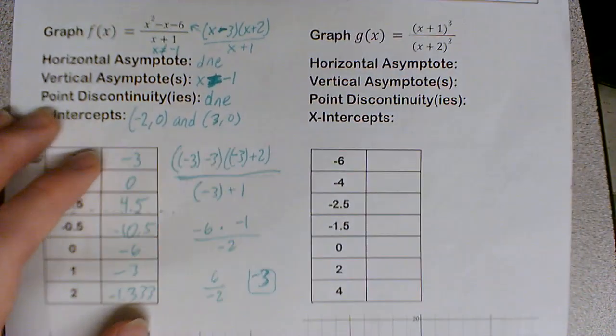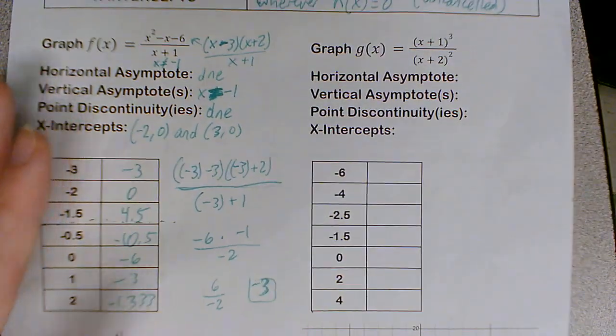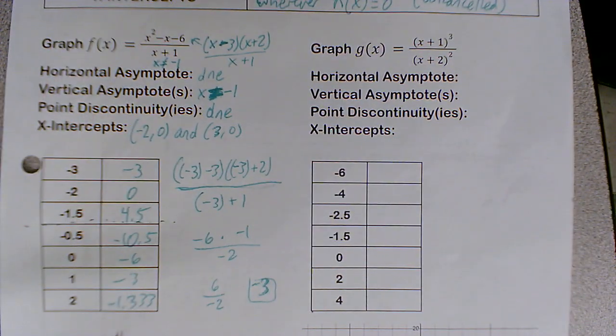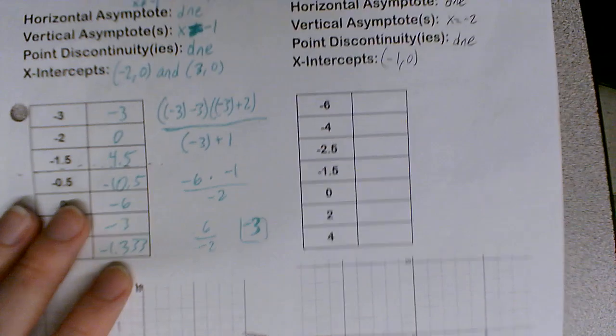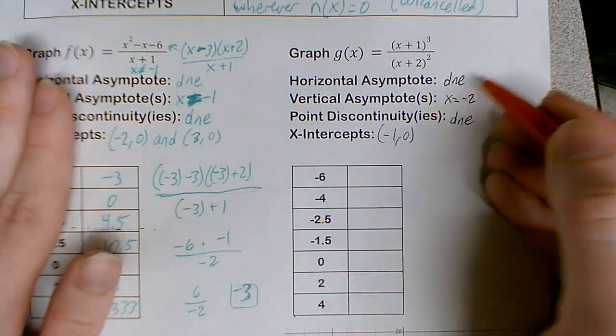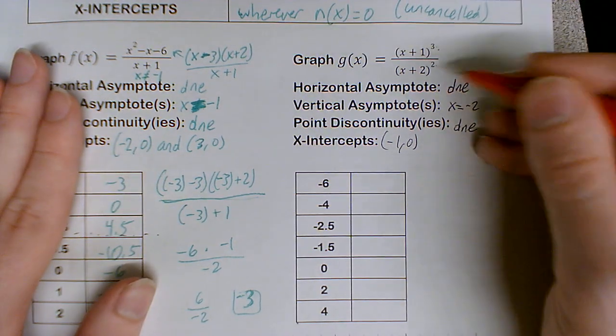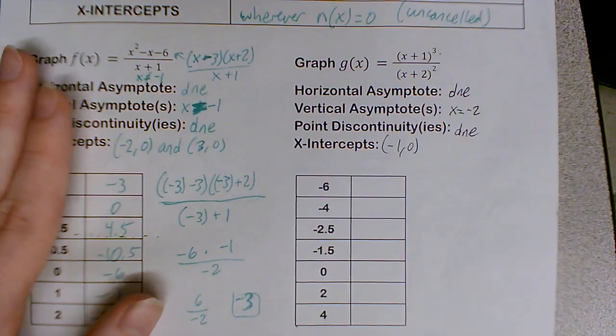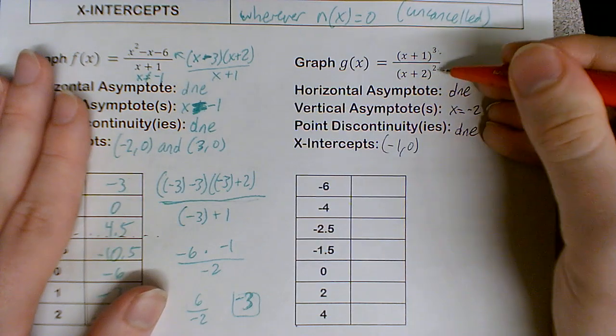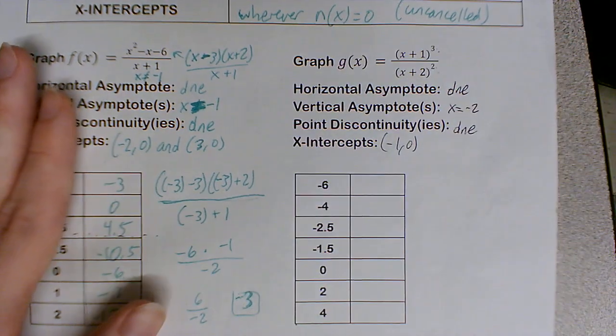So I'm going to give you a few minutes to do this top part. 3, 2, 1. Alright, so just to go over this, the horizontal asymptote does not exist because we have a cubic over a quadratic. A cubic has a degree of 3, quadratic has a degree of 2. The degree of the numerator is bigger than the degree of the denominator, which means the horizontal asymptote does not